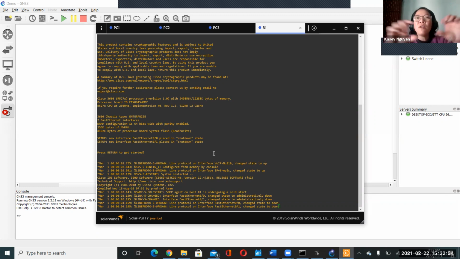By default, it's just named R1, and we can change the name by configuring it. And if you remember anything outside of this class with Cisco, it's that you have to enable it in order to configure it. So on all Cisco devices, you have to tell it enable, which means open, and then configure.